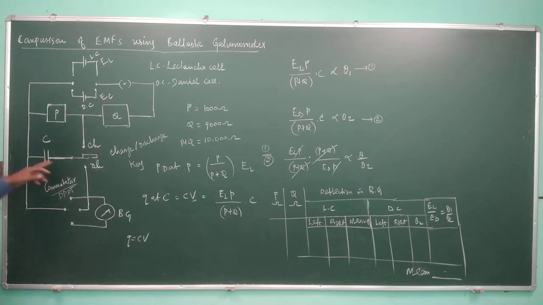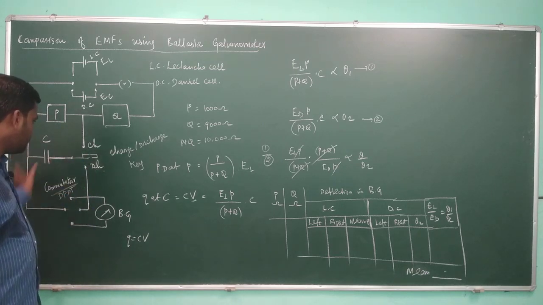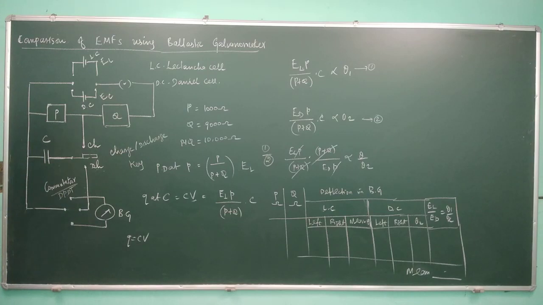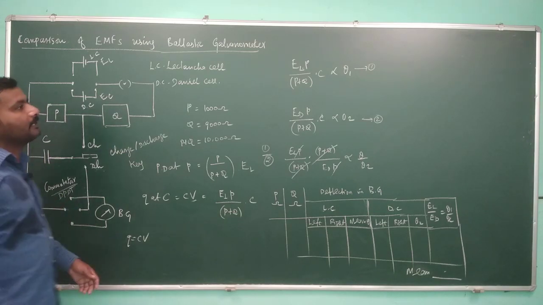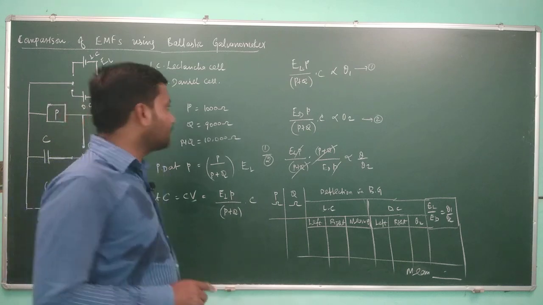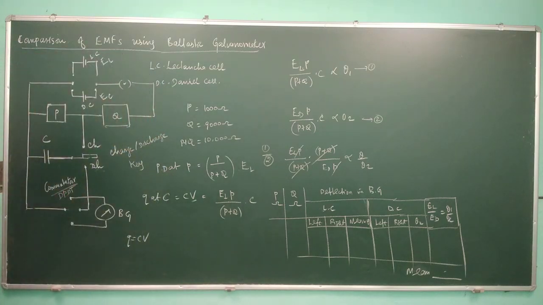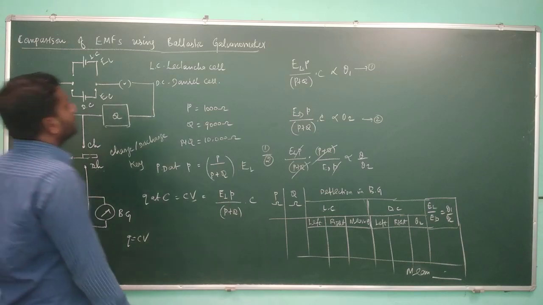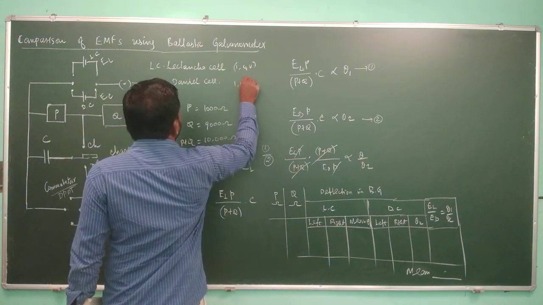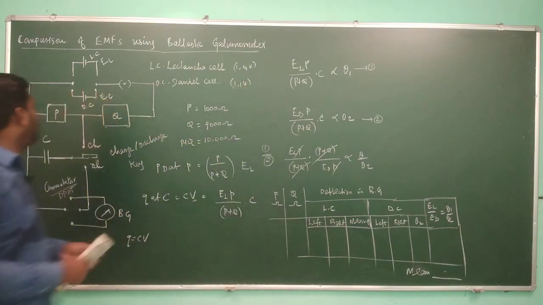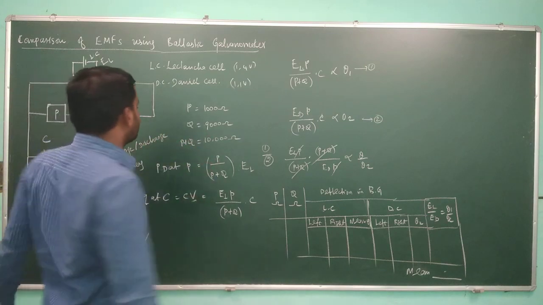After charging, if you press the discharge key, then through the DPDT switch, the potential difference accumulated in the capacitor will pass through the commutator, and it reaches the ballistic galvanometer. Ballistic galvanometer will show the deflection on one side, and if you want to have the deflection on the other side, you can change the direction of the commutator. You know that the value of the Lagrange cell is 1.4 volt, the value of the Daniell cell is 1.1 volt, and we are keeping P equal to 1000 ohms, so that Q is equal to 9000 ohms.